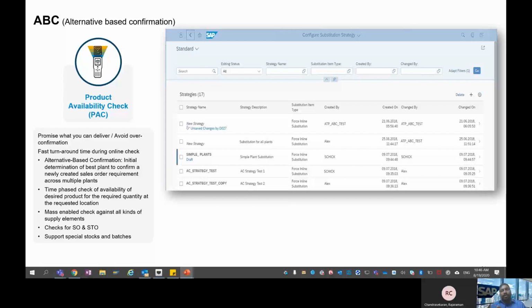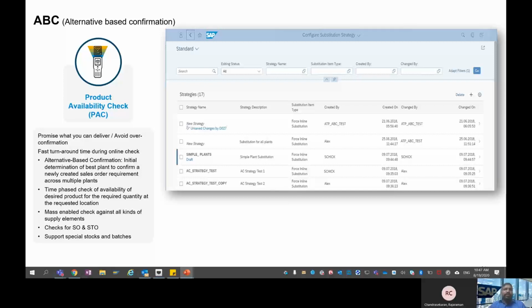So when you create an order, it checks back the orders created and what quantity is there in stock. So it checks the stock, sales orders, deliveries, purchase orders, and purchase requisitions. Primarily, alternative-based confirmation helps to determine the best plant to confirm a newly created sales order requirement across multiple plants.